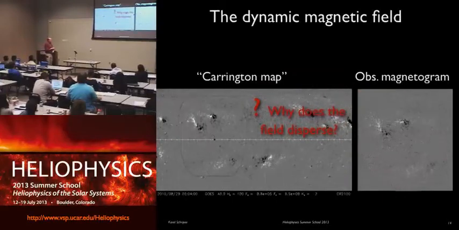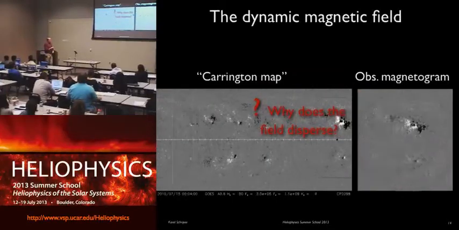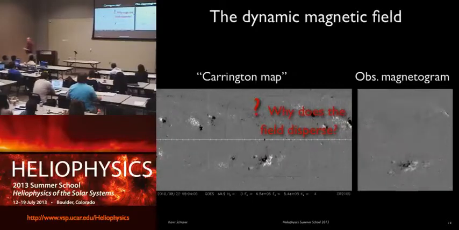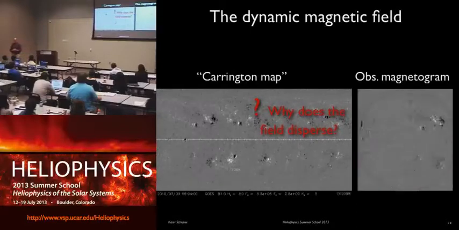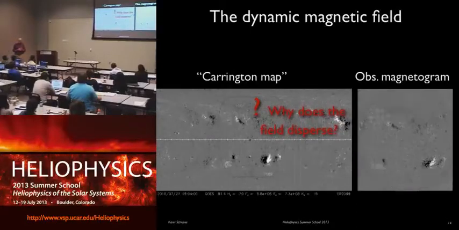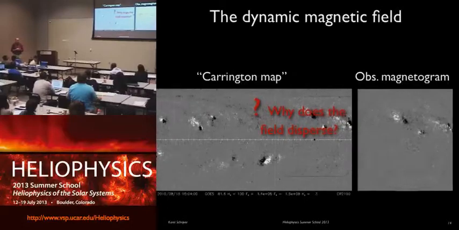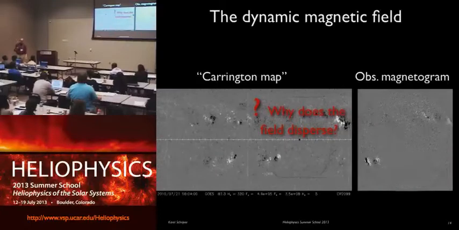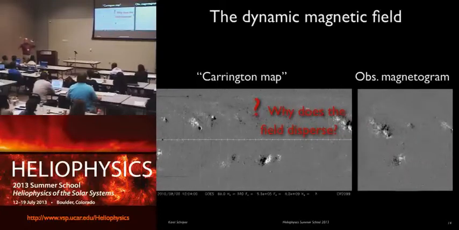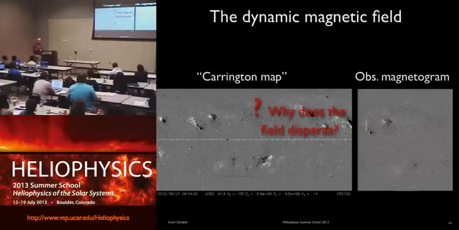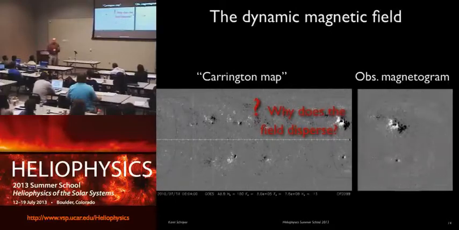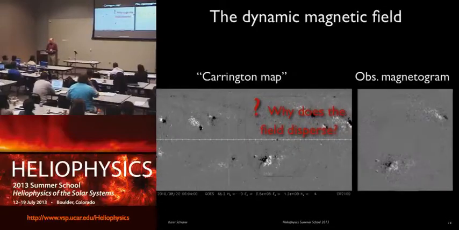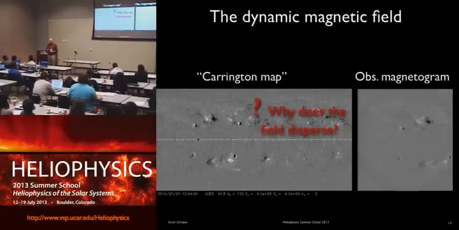If you look at the magnetic field concentrations, just pick any one of them. They just wander around and disperse. Why does the field disperse? Large-scale flows sweep, right? The largest scale flows should pick up all of the polarities and just sweep them into whatever the direction of the large scale flows are. But they just disperse. There's a term that showed up in Sabine's equation this morning. There's a diffusive term. That's not what's happening.